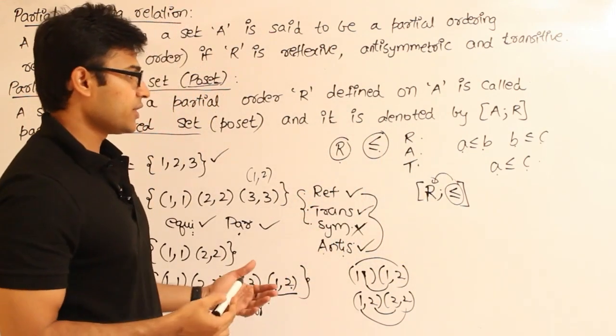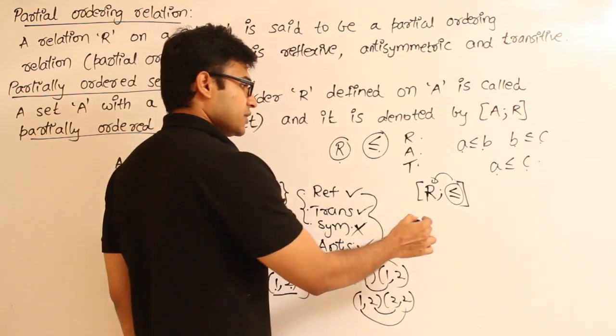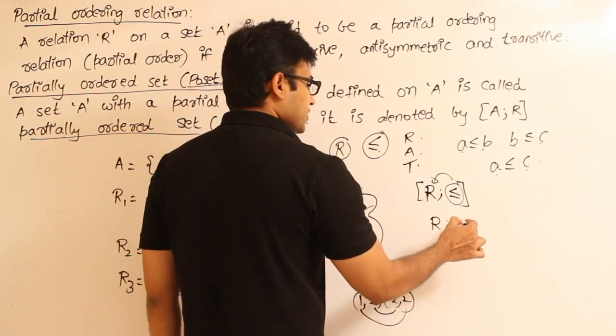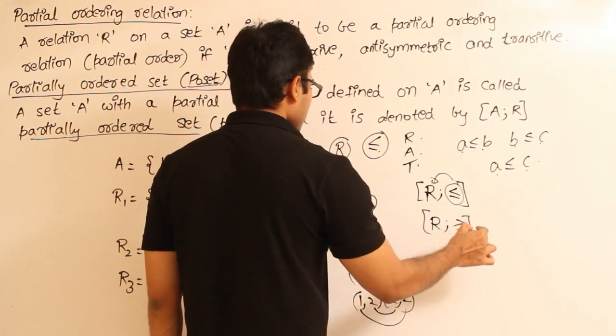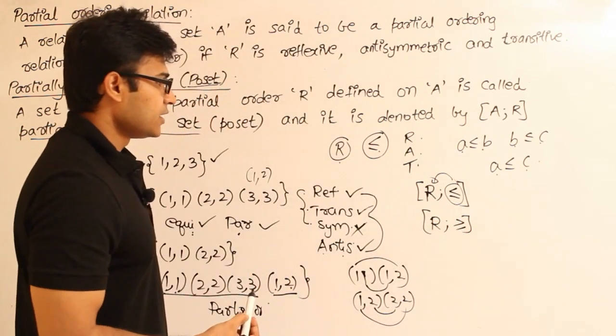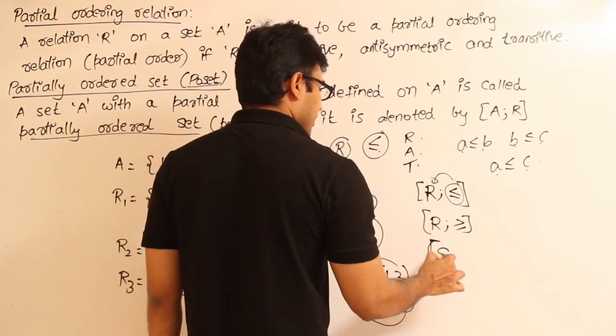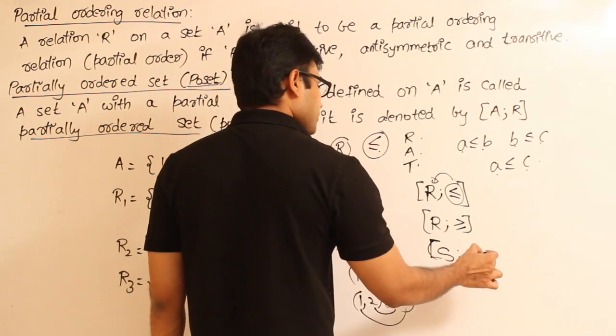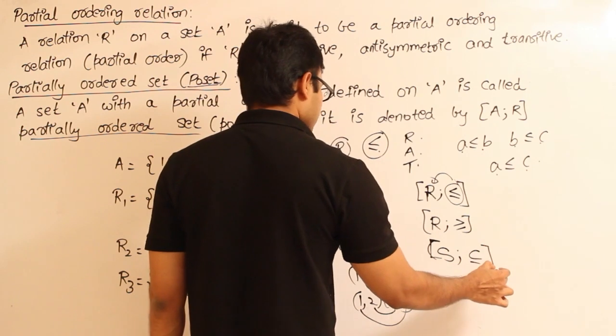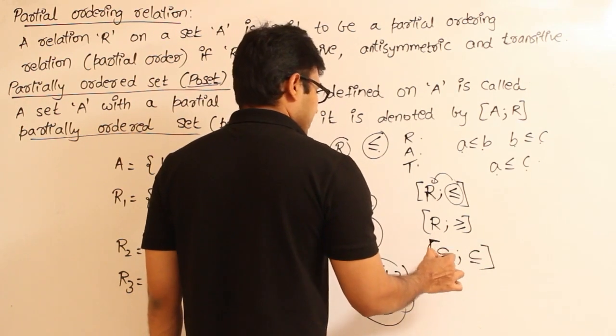If you want to see one more example, even greater than or equal to is also the same, isn't it? On the set of real numbers, if you have greater than or equal to, it is going to be a poset. And similarly, let us say capital S is the set of all sets. On this, if you define the relation subset or proper inclusion, then it is also